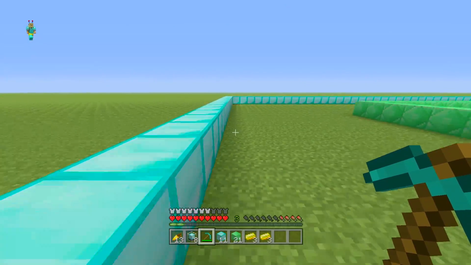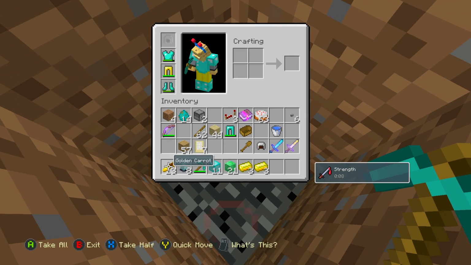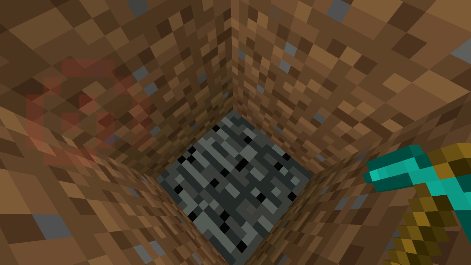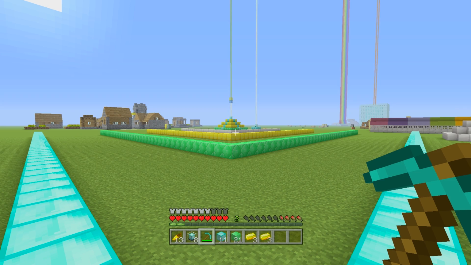Even if I go 50 blocks in each direction, so this is over 100 blocks from where the beacon is, and even if I go down a few blocks, you'll notice every few seconds it will actually reflect back up to 8. There you go. And this is really interesting because it means that a level 4 beacon does have over 100 blocks of range,